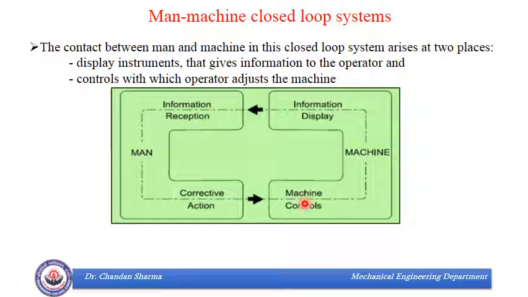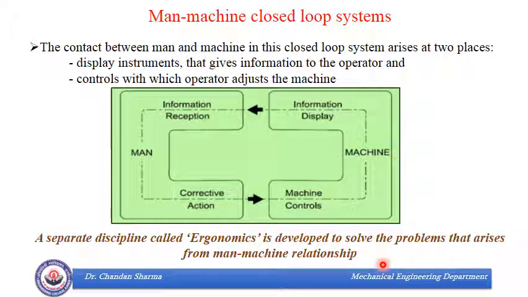So if the display is not proper, then the driver will not be able to judge whether he is over speeding or not. Further, he should be able to operate that lever, that accelerator. Otherwise, the display information which the machine has given, he will not be able to rectify. So at these two junctures, first is display of information, and second is control. They ought to be conveyed properly. So the job of the designer is to design the displays and controls in such a way that they transfer the information between the operator and the machine.